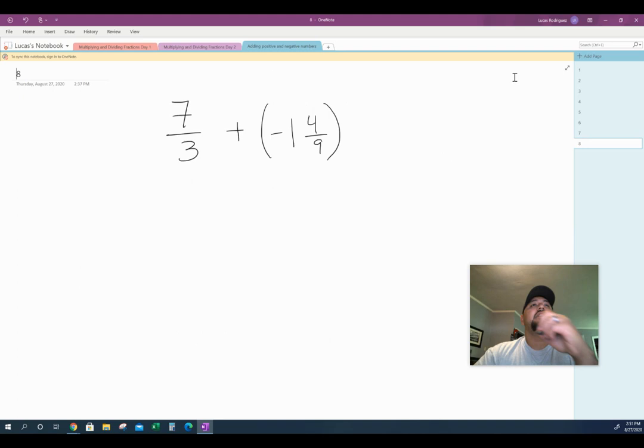That means that this is greater than one, and it's not a mixed number, and then we have a mixed number. So we don't really know who is bigger just by looking at it, but we can figure that out. How about we turn them both into improper fractions and then set them both to the same